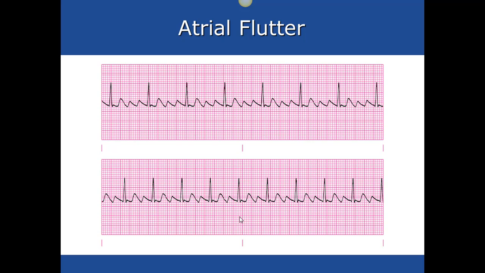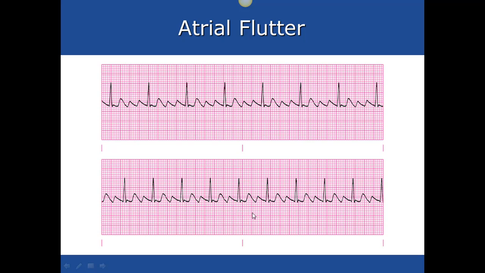The rate is 100. The rhythm is regular, and obviously we have F waves, capital F or flutter waves. And because we have flutter waves, we don't have any PR interval. The QRS complex is 0.04 seconds. Therefore, we look at this and we can see that we have flutter waves, flutter waves, flutter waves here, and